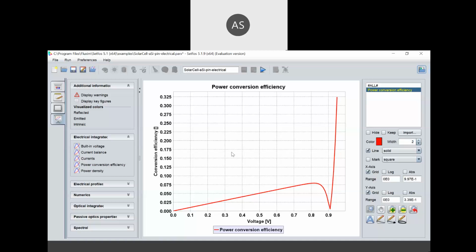Then accordingly, the power conversion efficiency will come according to the quadrant. Minimize the batch error, like we do in the Escape simulations. Batch error means the number of iterations you would like to do. So here you can perform the sweeping.